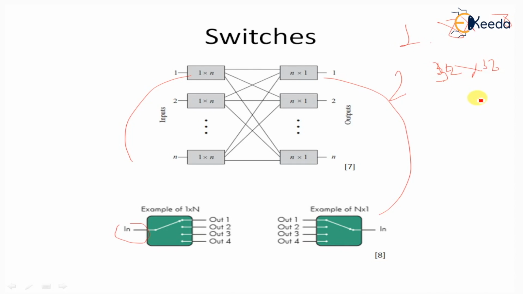The third example is liquid crystal polymer. In this case the switch technology is 2 cross 2, and the switching time is 4 milliseconds. And the last one I'm considering is SOA. The cross connect is 4 cross 4, and the switching time is very small, 1 nanosecond, which is less time compared to all the previous ones.